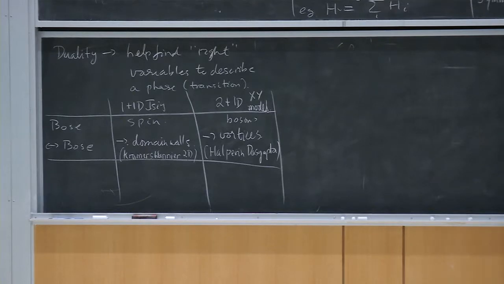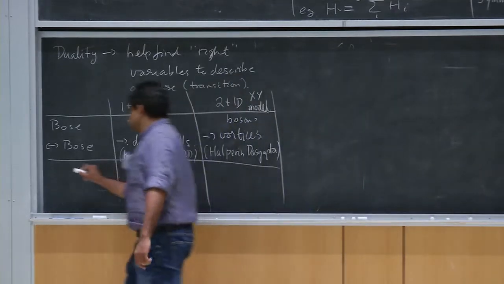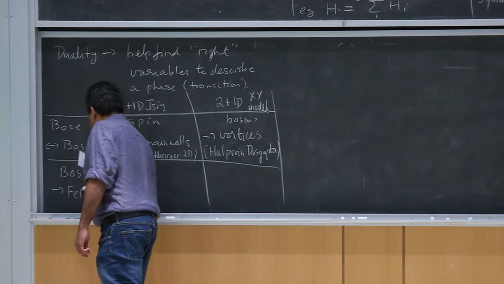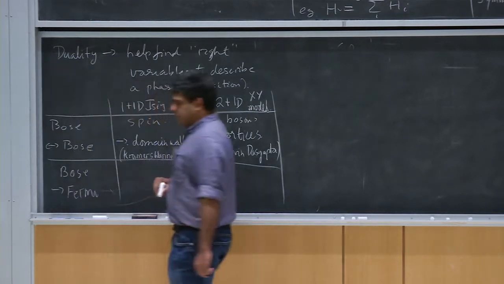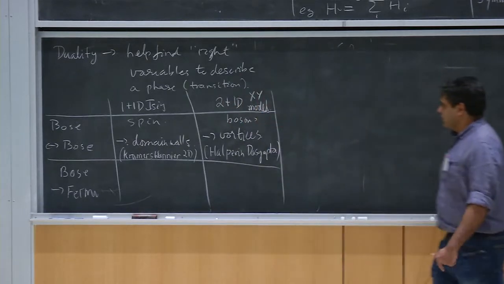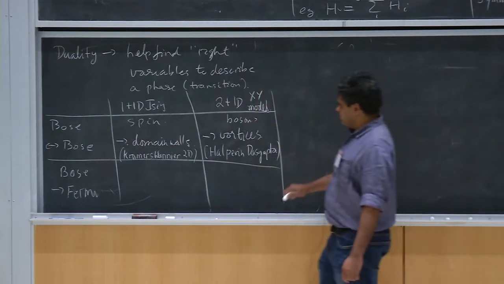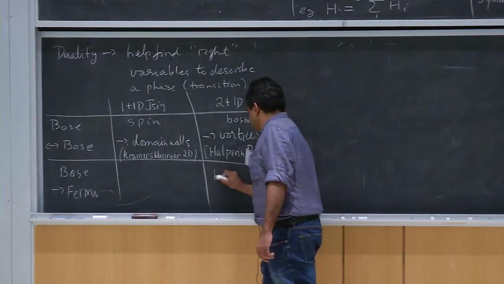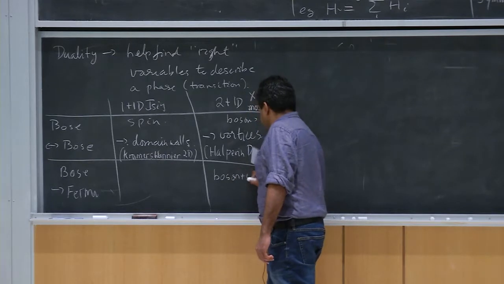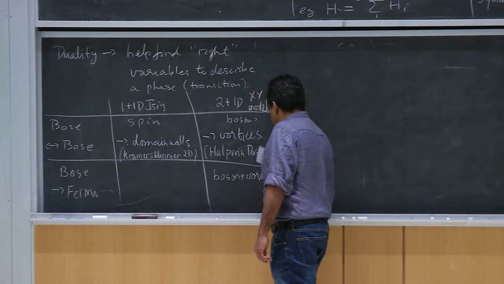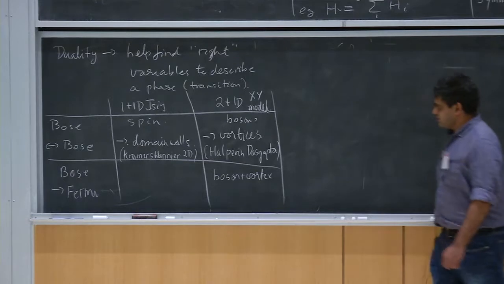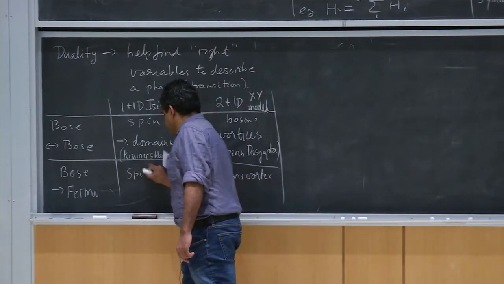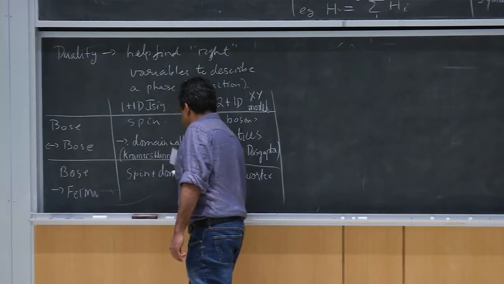And there's also a Bose-Fermi duality, so you can rewrite the theory in terms of new variables, which are now fermions. So there's a lot of interest in 2+1 dimensions right now. These fermions are sort of bound states of bosons and vortices, in a certain sense, and it turns out in one dimension there's an analog as well. It's a bound state of the spin and the domain wall. We'll construct that explicitly.